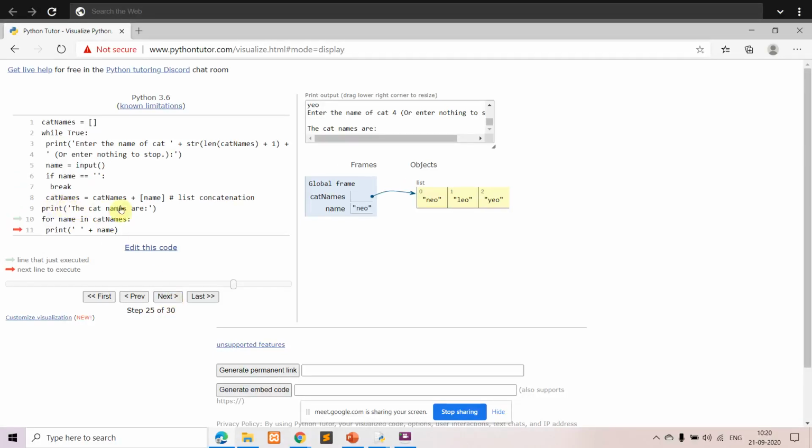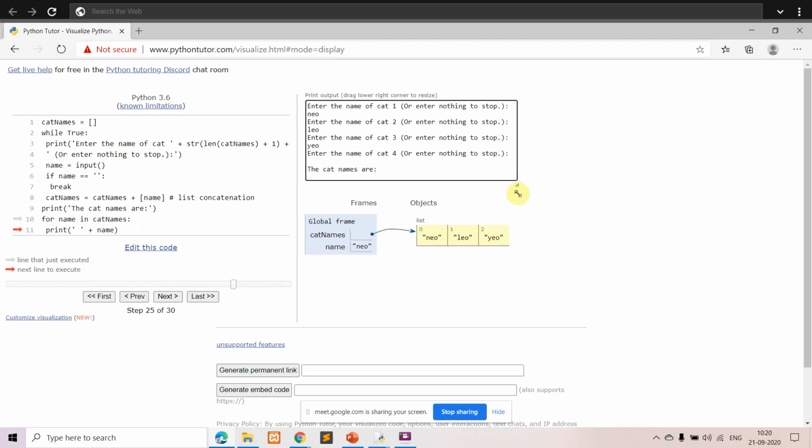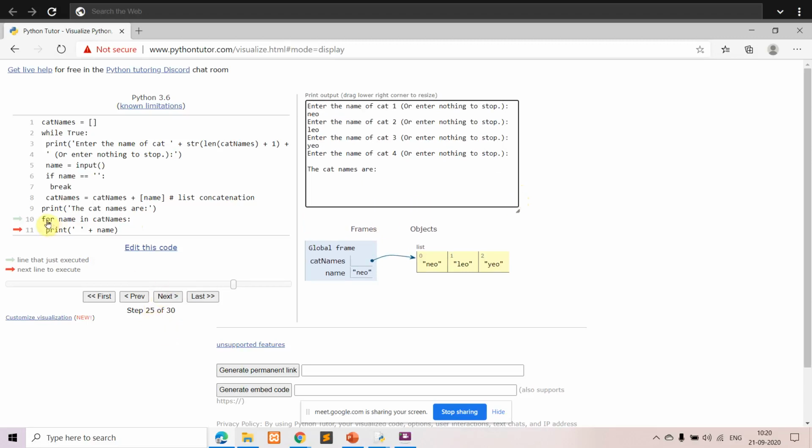And after break, the cat names are displayed, whatever names you have entered, here, so you have used the for loop here. So name is a looping variable in cat names. So cat names is nothing but the name of the list. So in that, starting from index position 0, all the names will be displayed.